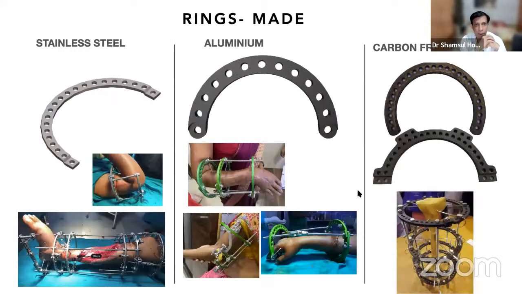And different materials of the rings. We have the very common stainless steel rings that we usually apply in all the parts. Then we have the aluminum you can use in the forearm or the pediatric. On the elbow region, we want a lighter weight. Then we have the carbon frame that we can use in different parts or even the HVs or tech supports. These are different colors and different weights.